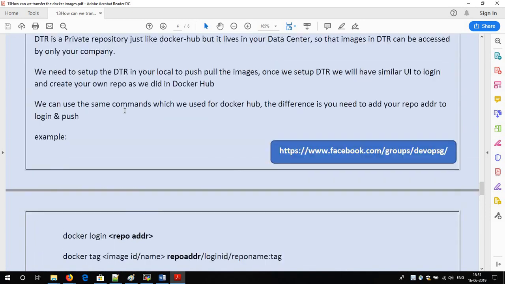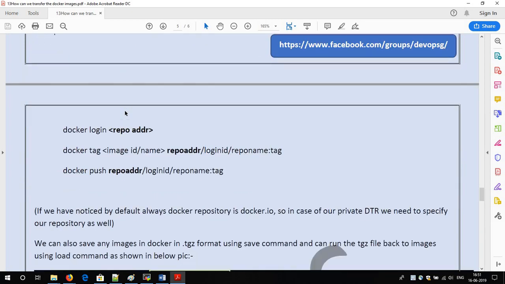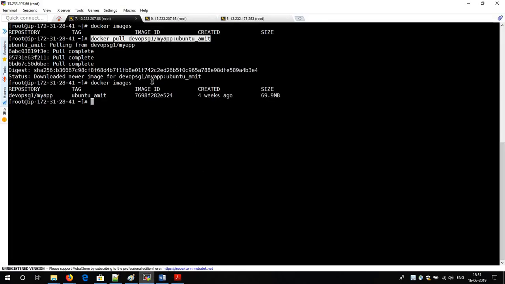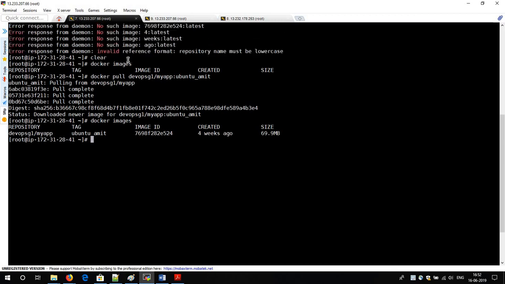So all the commands are the same for the DTR as well. If you want to push your image, or if you want to log into your Docker DTR registry, all the commands will be the same. The only difference is that whenever we were running the Docker command to push the images, we were redirecting to